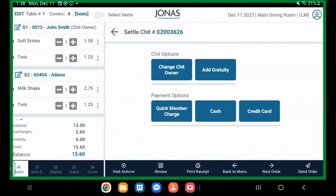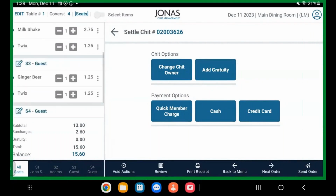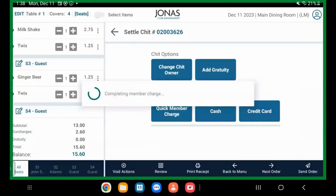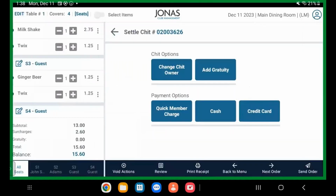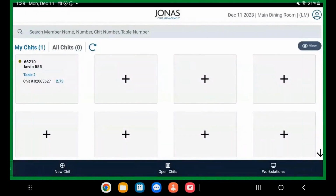And this is where I can go in, quick member charge, cash, or credit card option. With either of those options, you can choose to include gratuity. Credit card does have a feature where a member can choose their gratuity amount that they want to include, either a flat rate, percentage based, or they can type in the amount of gratuity, or it's just built into those